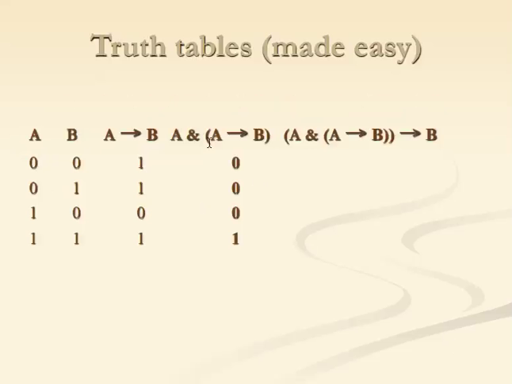Now we can do the truth table for this one. You can pause for a moment and think about how we calculate this truth table. We have already 3 columns here, but what should I look at in order to determine the truth table of this one? Well, I need to know the truth table of A and A implies B. So this column here, we can actually ignore now.